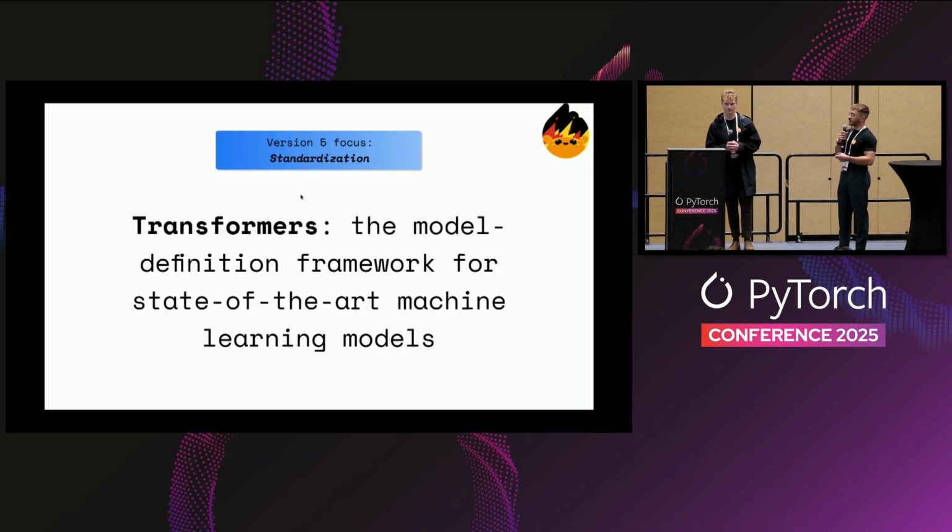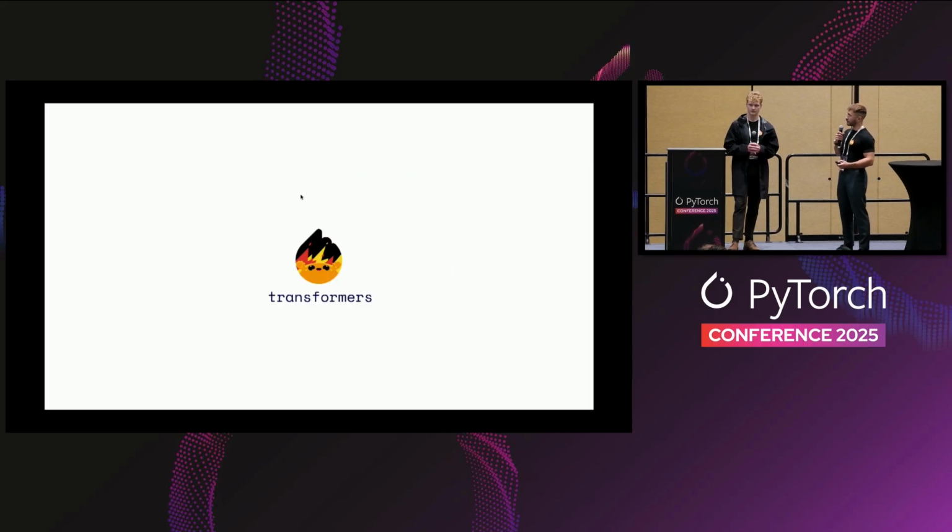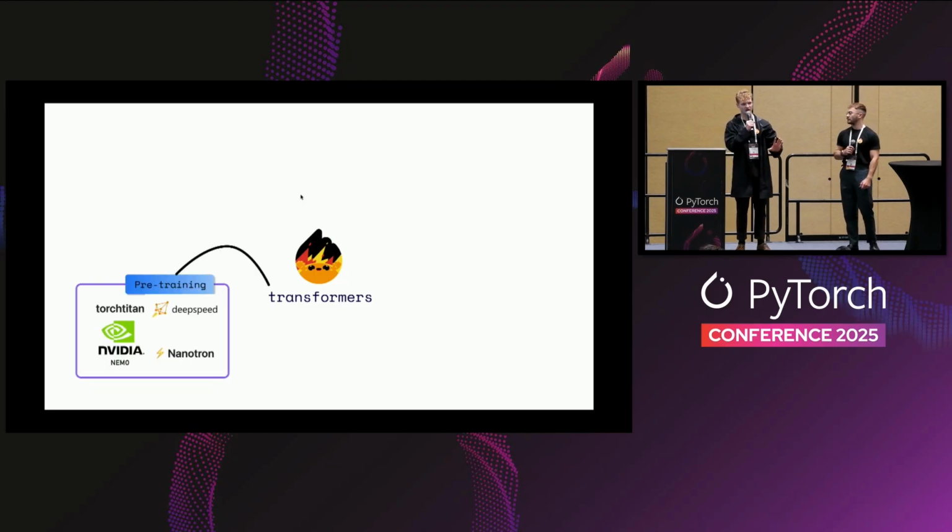And so this is the tagline that we have right now for transformers if you visit our GitHub. Transformers, the model definition framework for state-of-the-art machine learning models. So the thing we've been developing for the past year is you just start with a model that's defined with transformers. And you want to do a heavy, intense pre-training. So you take the modeling code that you've defined, and you take it to your favorite pre-training framework. So, for example, let's say Torch-Titan, which is very popular, or DeepSpeed, or NVIDIA's NeMo, or Nanotron. We've worked with all of these teams to make sure that the model you've defined with transformers is compatible with their API, so you can train the model at scale.